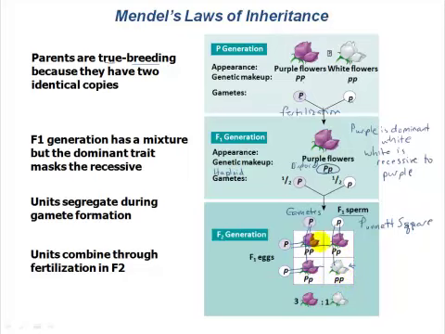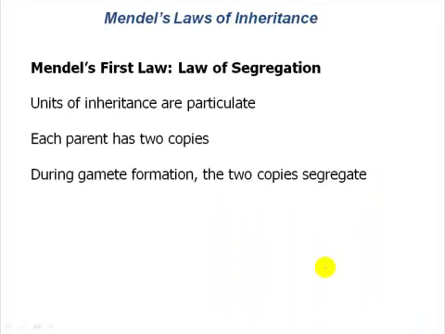Now that would be their genetic makeup, but what is their physical trait going to be? Well, we know from the previous generation that all of these hybrids that have 1 of each type are going to end up with purple flowers, and these match the starting parental generation that we began with that had white flowers, and so we're going to end up with that classic 3-to-1 ratio that Mendel observed. And so this is the explanation for the observations that he made with all of those traits, and that's described very nicely in his law of segregation.